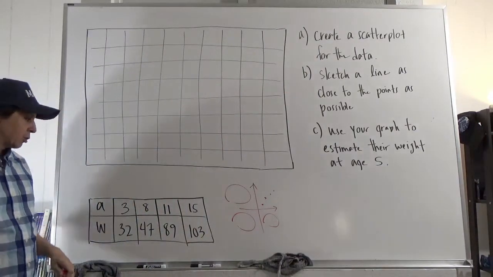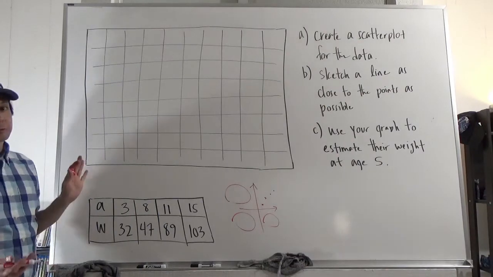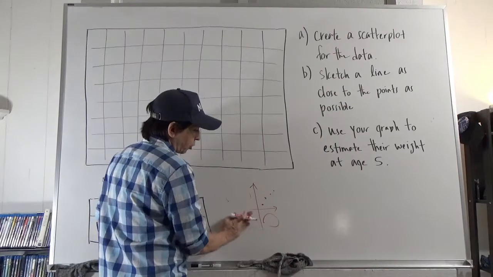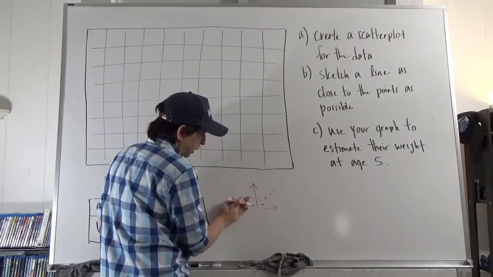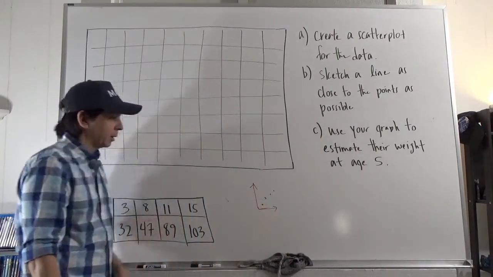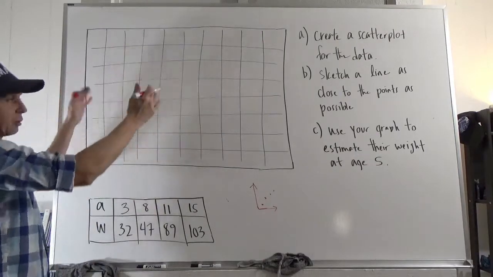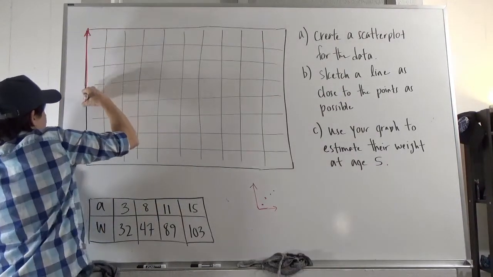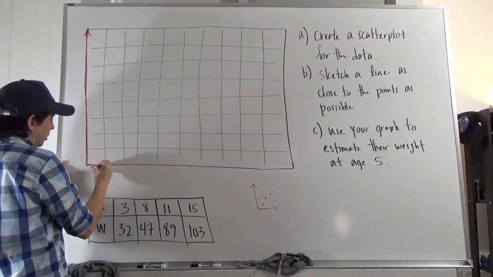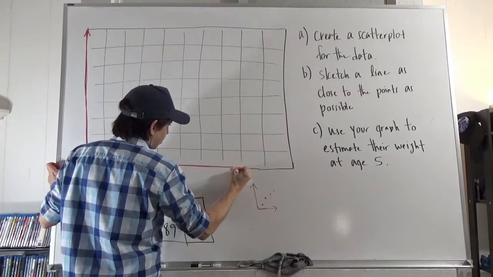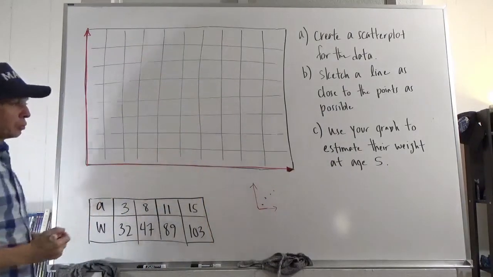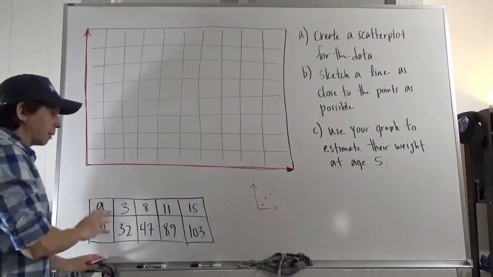So I want to take advantage of the fact that I want to use my space wisely. So there's no reason for me to show quadrant 2, quadrant 3, or quadrant 4. And I can just focus on quadrant 1. So therefore, to make good use of my graph paper, I'll just make my vertical axis along the left, my horizontal axis along the bottom. And now I'm using all that space for the first quadrant